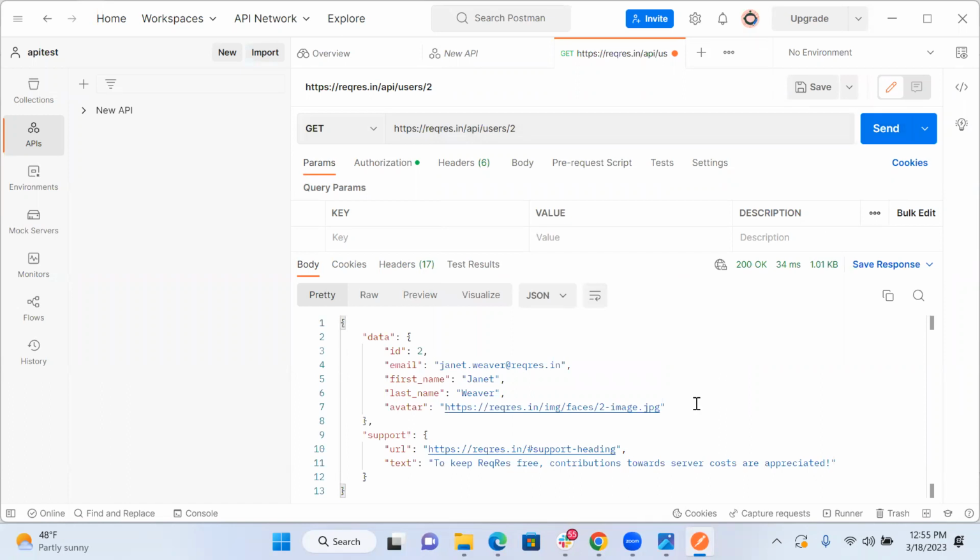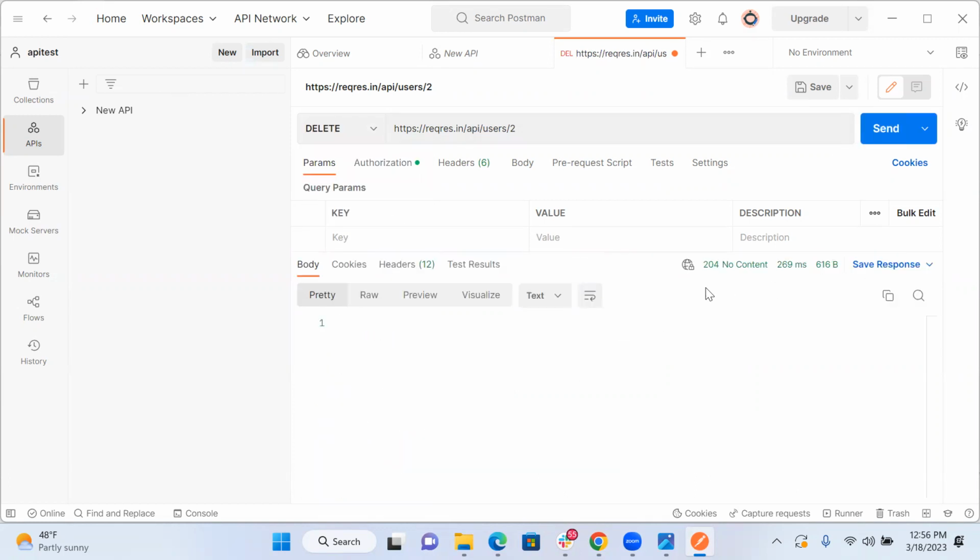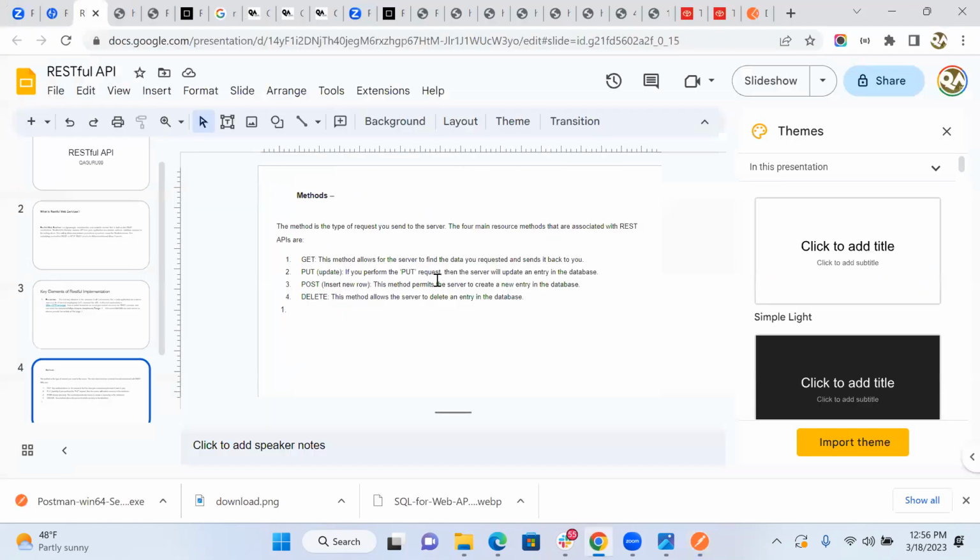So actually it's not performing, but you see, when I delete the second one, I am getting 204. It means it got deleted. But you know what is happening? They are refreshing and they're adding it again because they don't want them. Otherwise, people would have worked on that and deleted a lot of records, right? So it means when we are getting 204, it's got deleted. When we are posting something, when we are updating something, or inserting a new row, we are getting that response code. So if we are getting 200, 204, 404, it means all these responses are working as expected, which are given on this